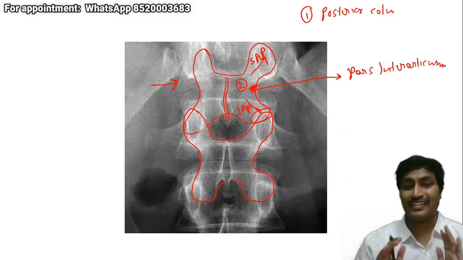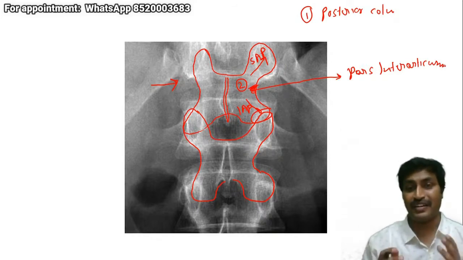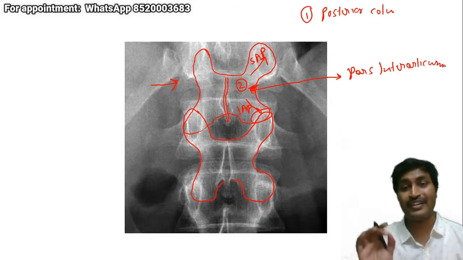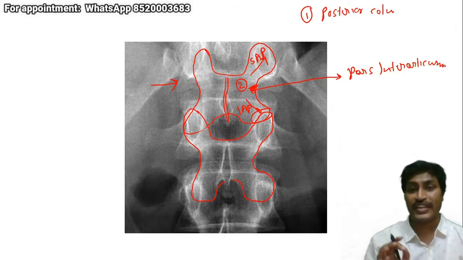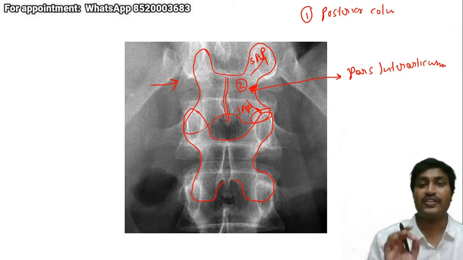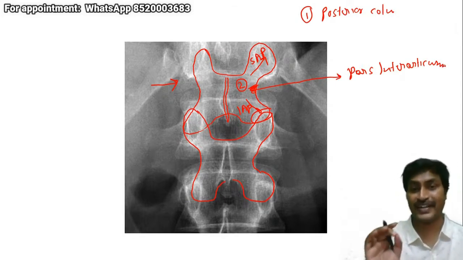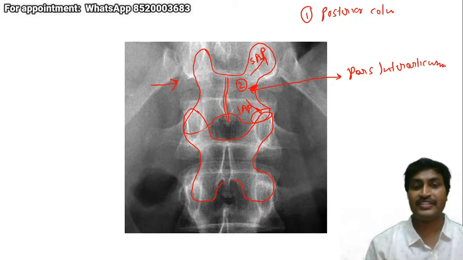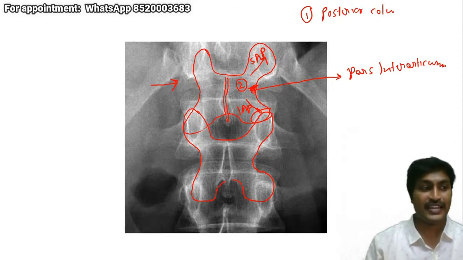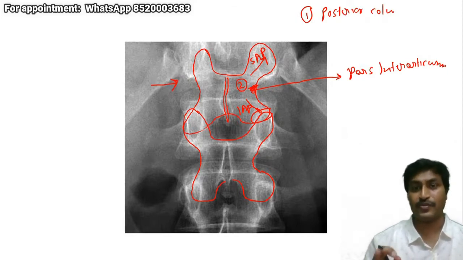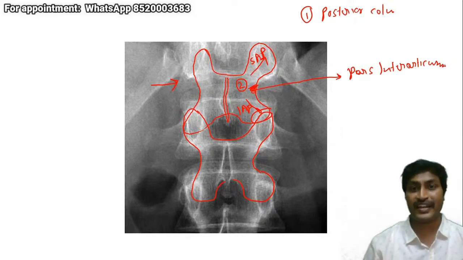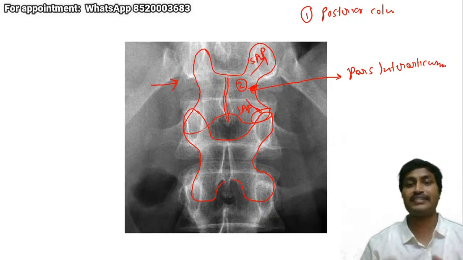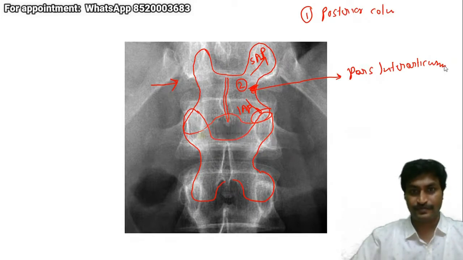So, like we have in Mahabharata, Arjun could identify only the eye of the parrot. So, when you are looking for the posterior elements, you'll have to identify this butterfly. Everything which is there in this butterfly are the posterior elements. Within the posterior elements, we have the spinous process, the lamina, the superior articular process, the inferior articular process, and most important, the pars interarticularis.